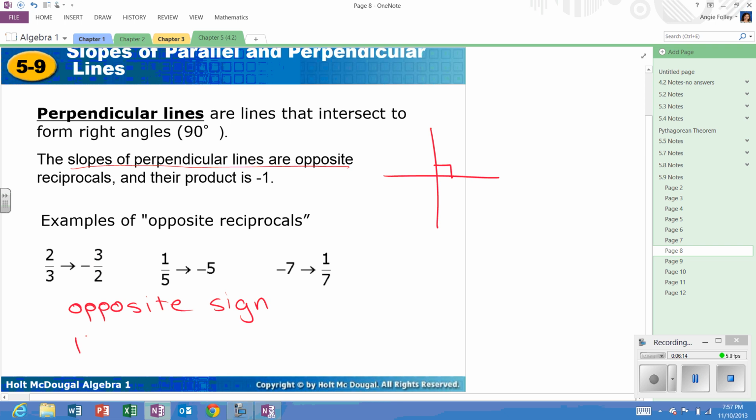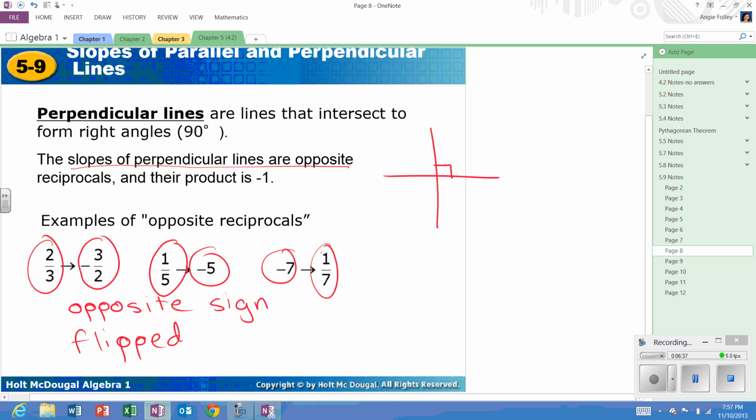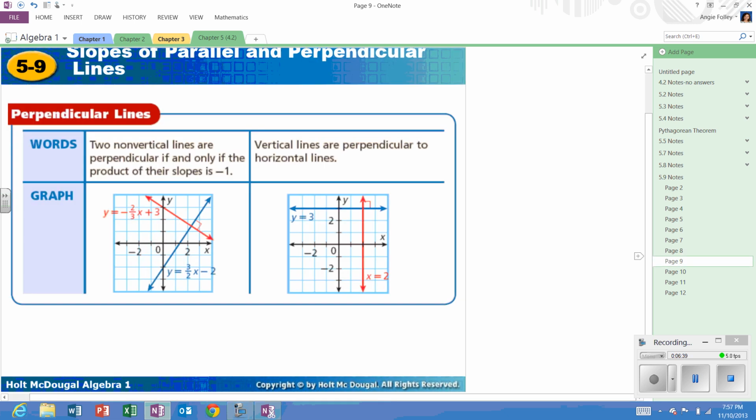And then they are reciprocals, meaning that's the flipped, okay? So for example, if I have a slope of 2/3, the perpendicular slope would be -3/2. If I have a slope of 1/5, the perpendicular slope would be -5, or -5/1. If I have a slope that's -7, the opposite is a positive, and then the reciprocal is 1/7, so positive 1/7. So again, two non-vertical lines are perpendicular if and only if the product of their slopes is -1, but